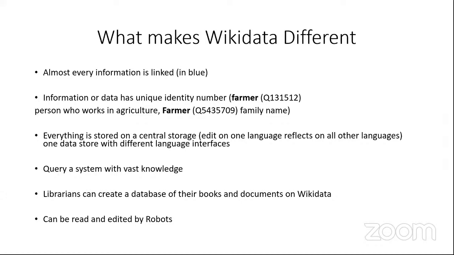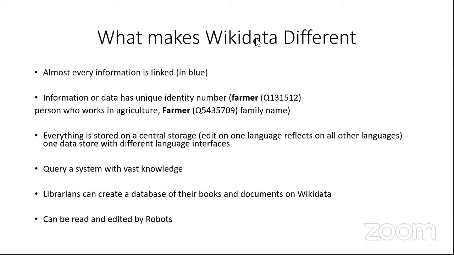the family name. This is a unique number that the system has created for Farmer, a person who works in agriculture. So once you key in that number or that code, it is going to generate Farmer, the person who works in agriculture, and not Farmer, the family name. So it helps to